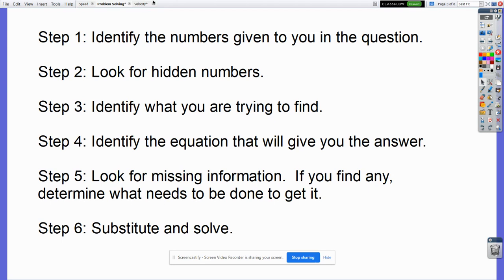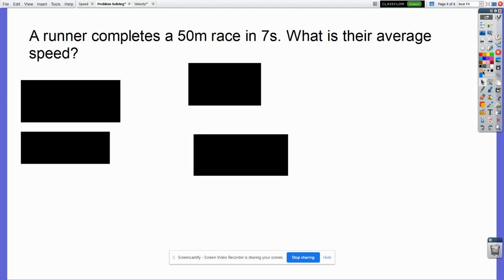You've got to put some thought into it first, either in your head or on paper, to make sure that you know what you're going to do with that calculator before you ever pick it up. That's how you avoid being a button pusher. So let's take a look at this